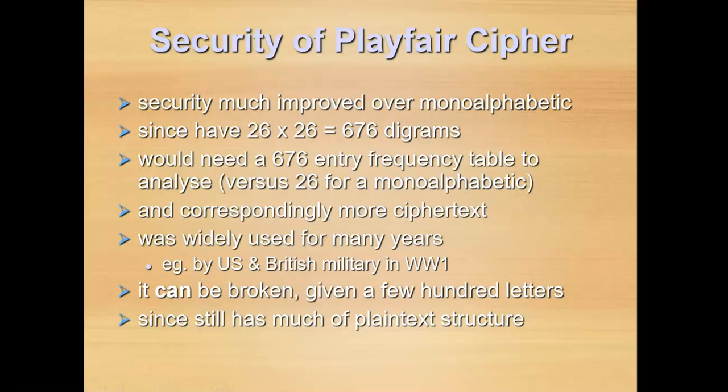So the security is much improved over the monoalphabetic cipher, and we have 26 times 26, that is 676 digrams. So we need a 676-entry frequency table, and correspondingly more ciphertext is needed. This has been used for many years. It can be broken given a few hundred